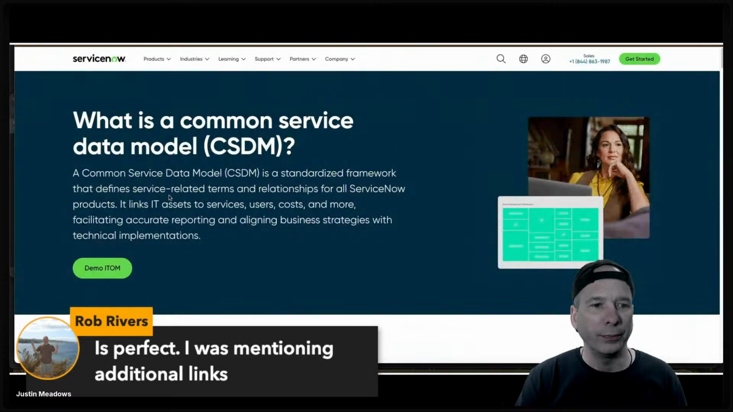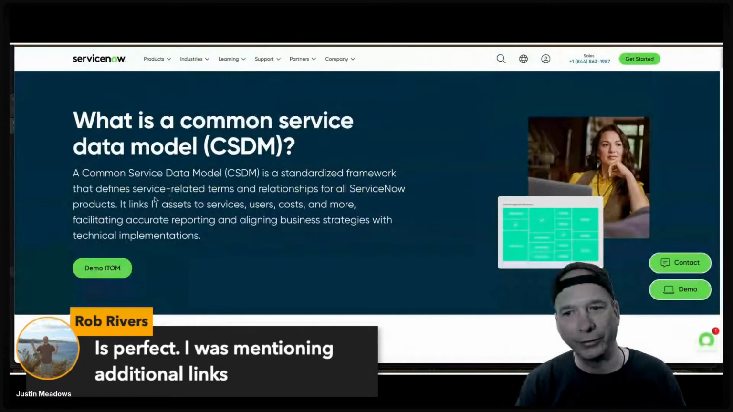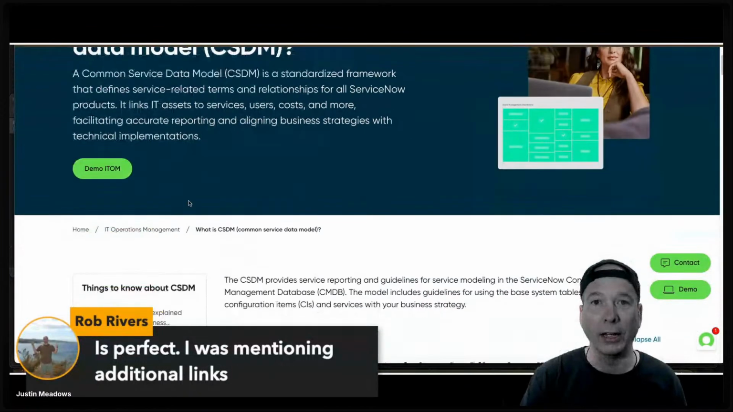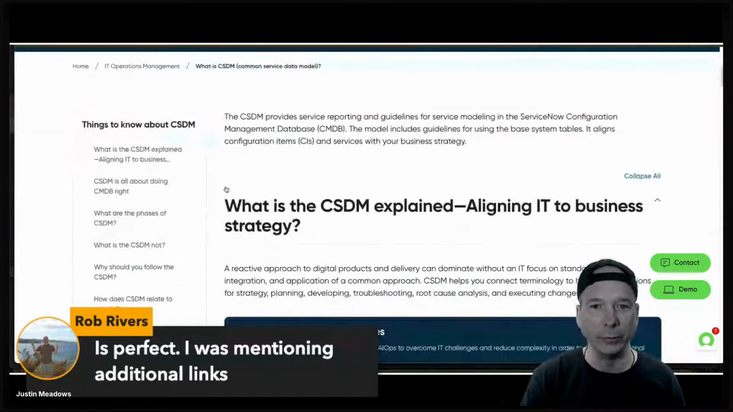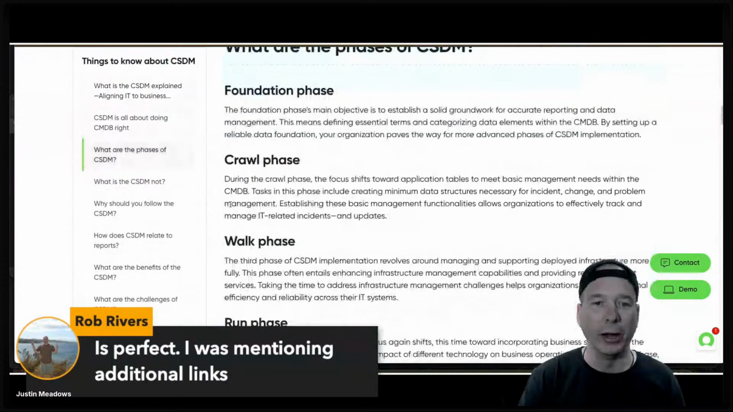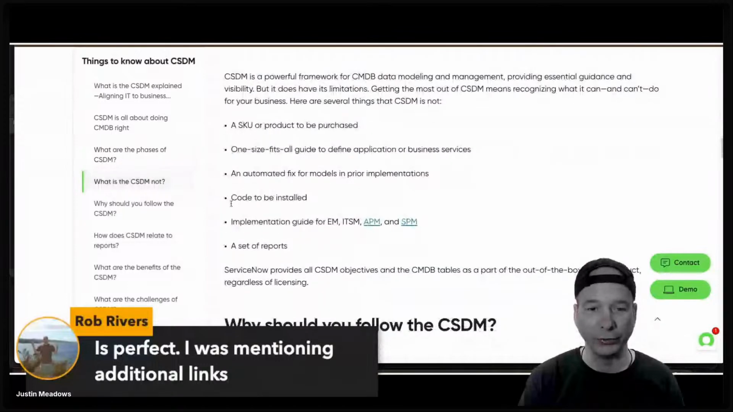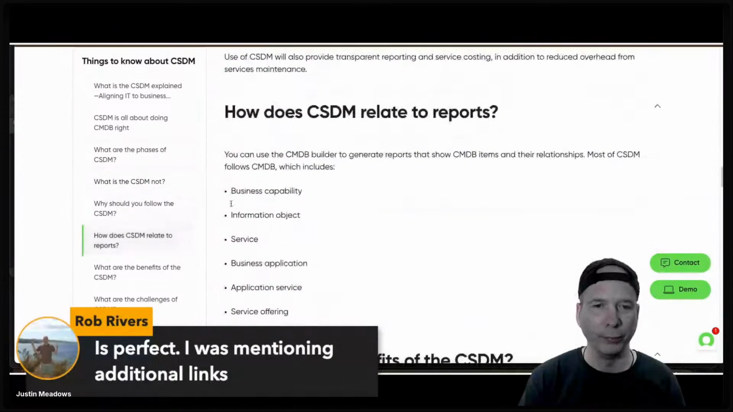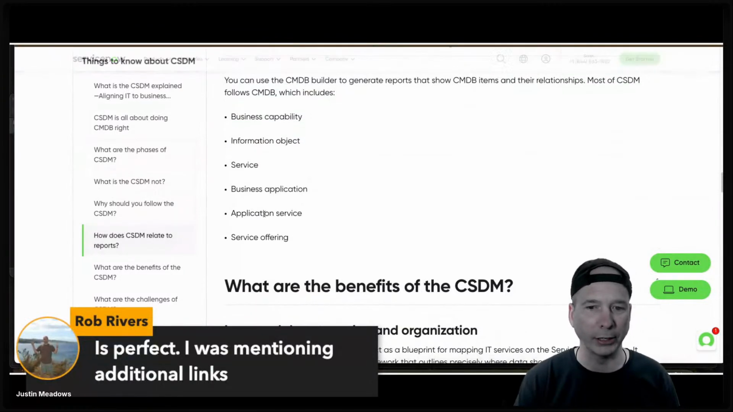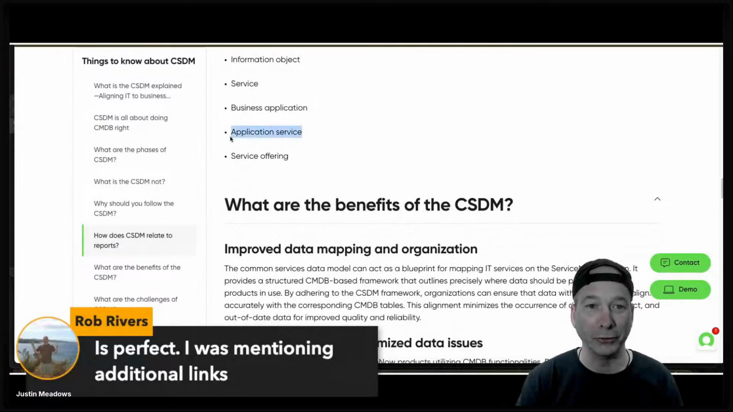This is a different salesy kind of demo, ITOM, but it talks about IT operations management in the CMDB, and it has some good information. This is really high level, about breaking down the CSDM into understandable chunks. But you can see some of the stuff we're talking about: business capabilities, information objects, business applications, application services,